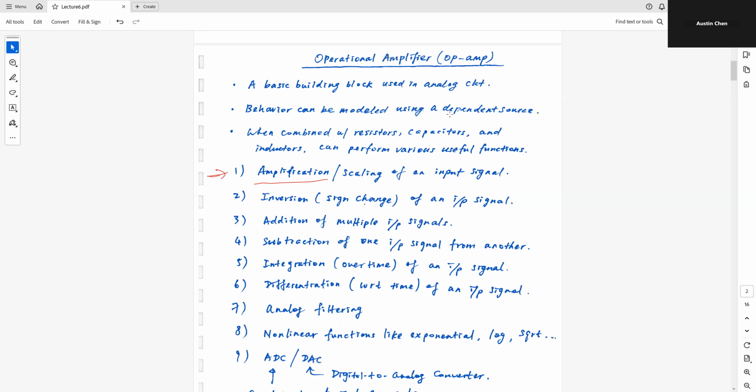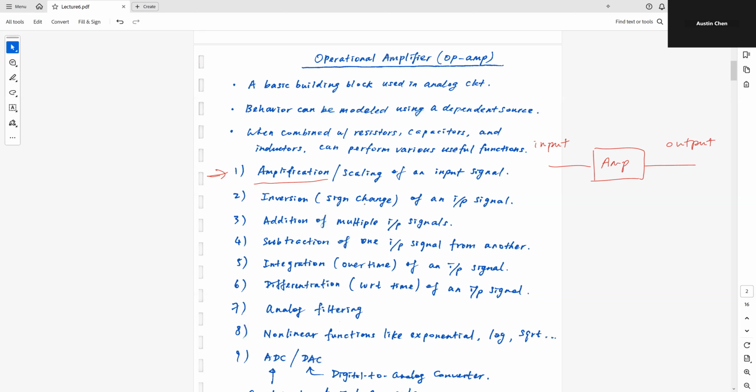signal amplification. Let's look at what this means. Suppose I have a block, and I'm going to say this is my amplifier, and I have an input and I have an output. Input is where you inject or apply your signal to this amplifier, and output is where you pick